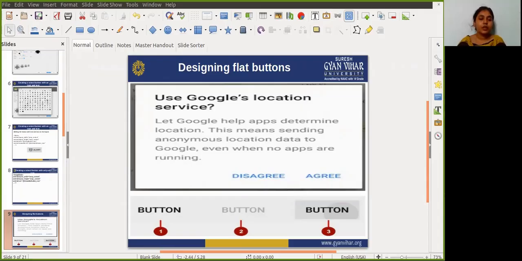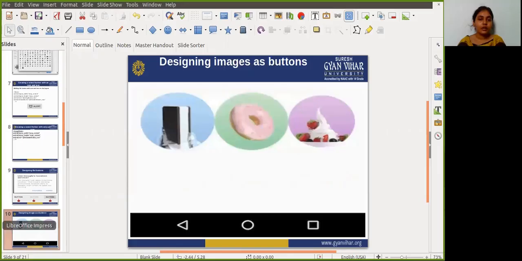So if you use the flat button within the layout, be sure to use padding to set it off from the surrounding text so that the user can easily see it. So to create a flat button, just use the Button class and add the button to your XML layout, and apply some attributes.